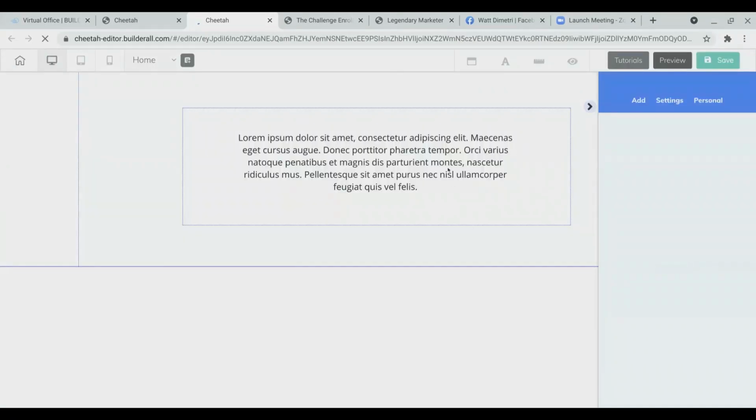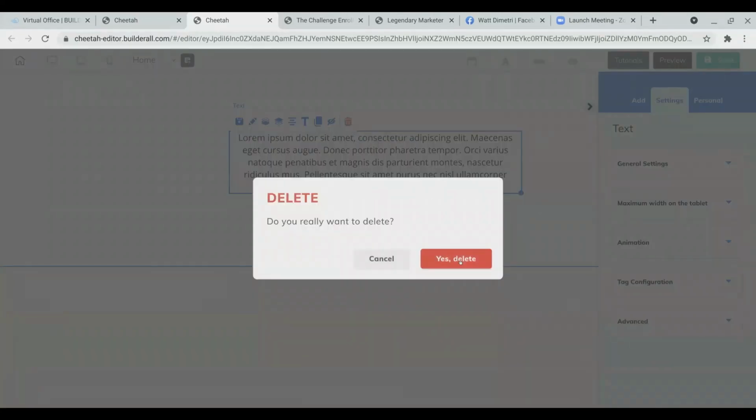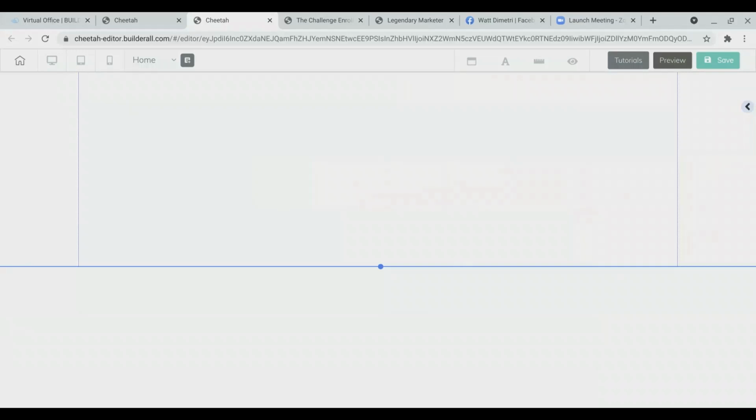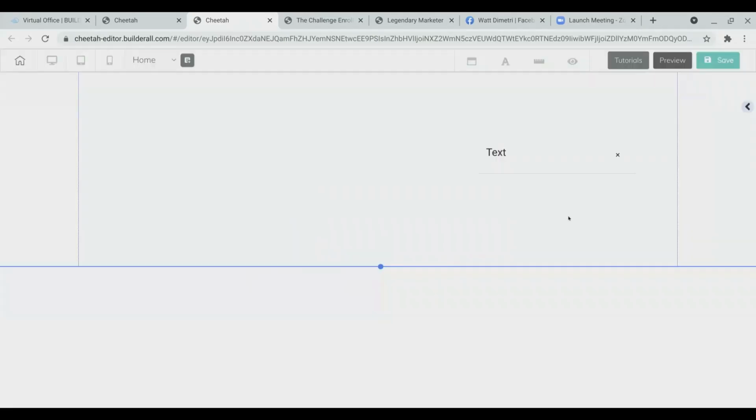Then what you're going to do right here is delete this. I don't know what language this is. We're going to click on delete, and yes, we want to delete that. Now what I want you to understand, let me give you a quick introduction. We're going to work with what we call a panel. This is a panel and it's already done for us, right? Now what we're going to do,